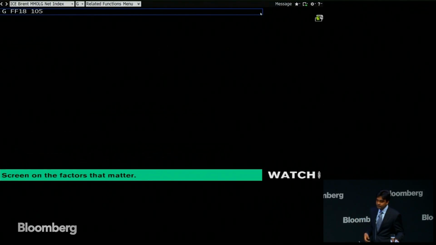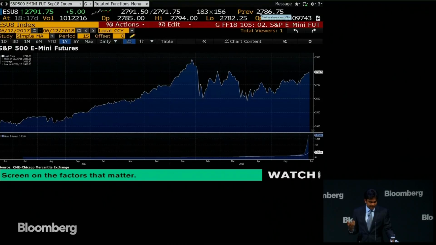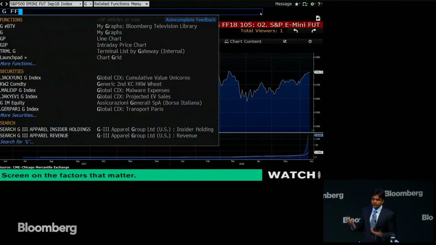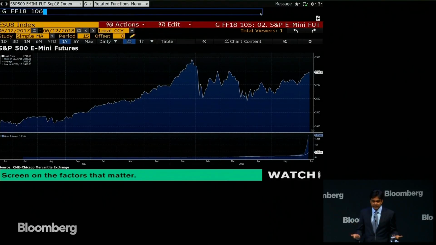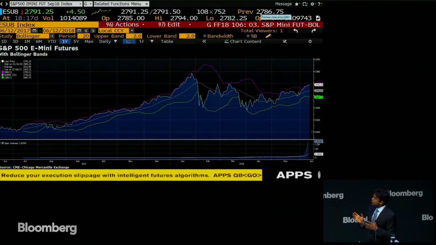listed on the CME, the S&P 500 E-mini Futures. Obviously, we noticed there was a sharp crash in February, and since then there's been both sides of news flow, good and bad, and the markets have remained range-bound. There are numerous ways to look at this chart, fundamentally, technically, and statistically. But what I want to show you is how you can overlay